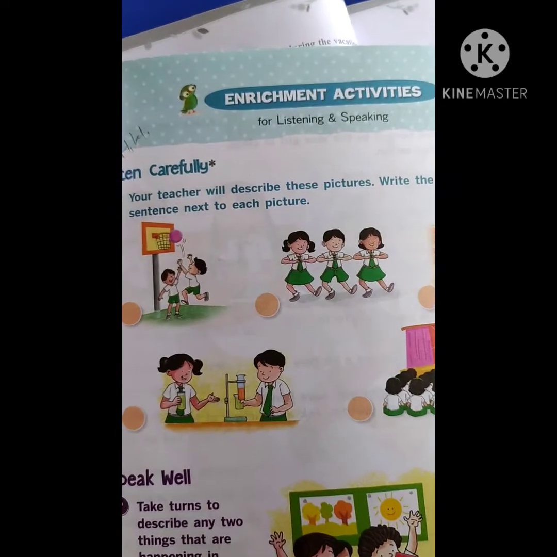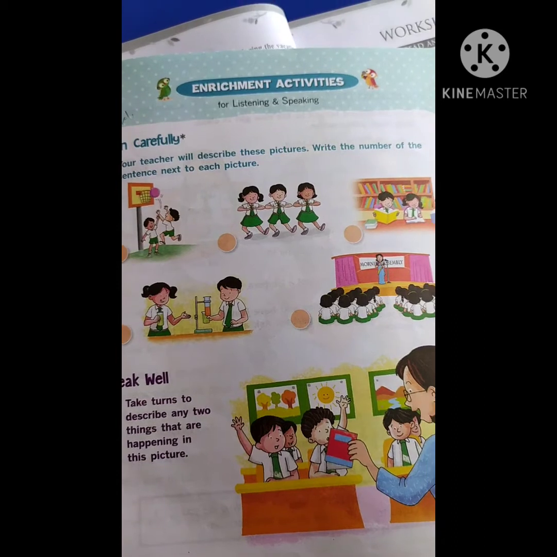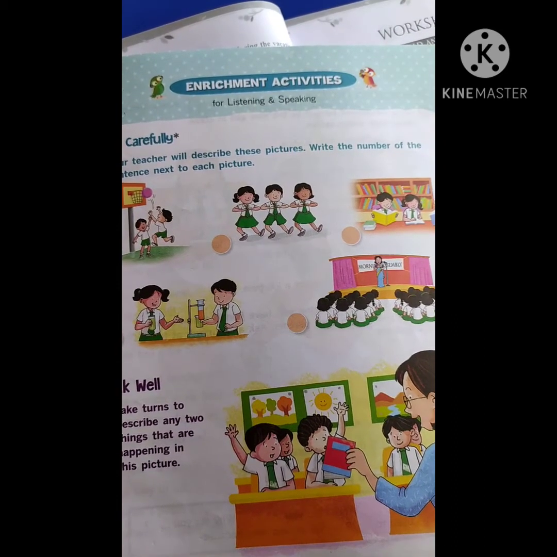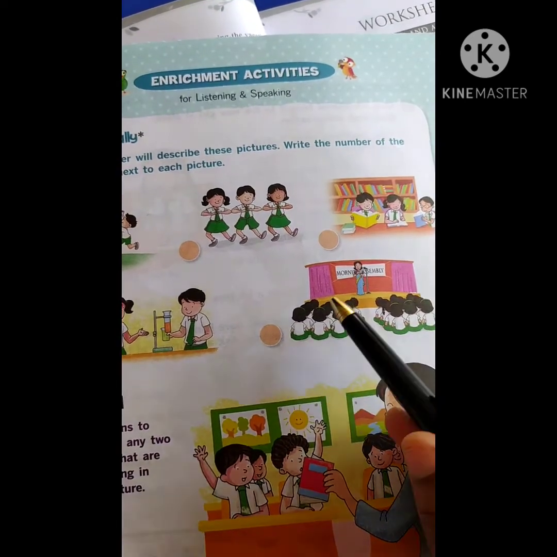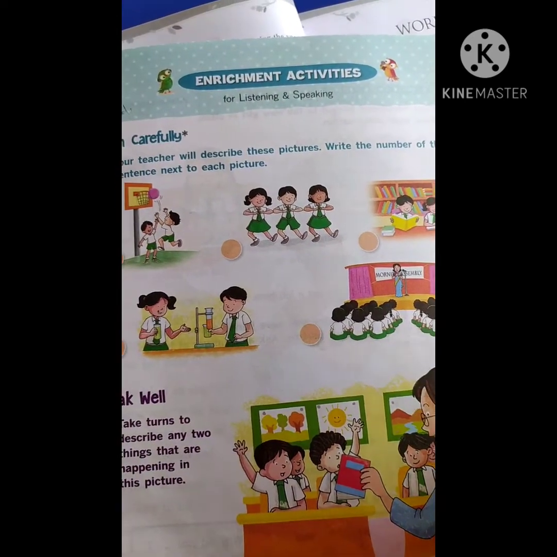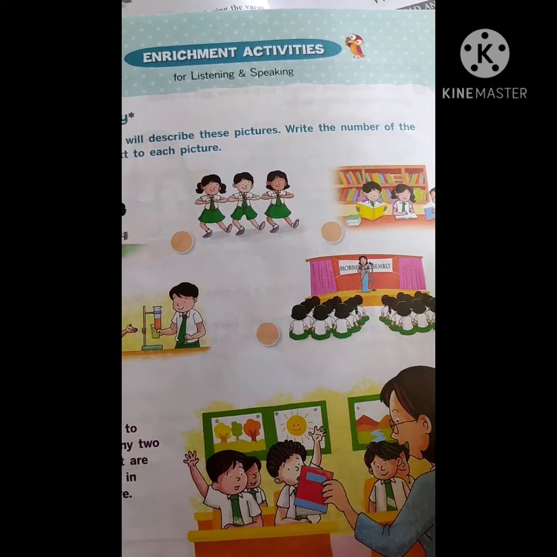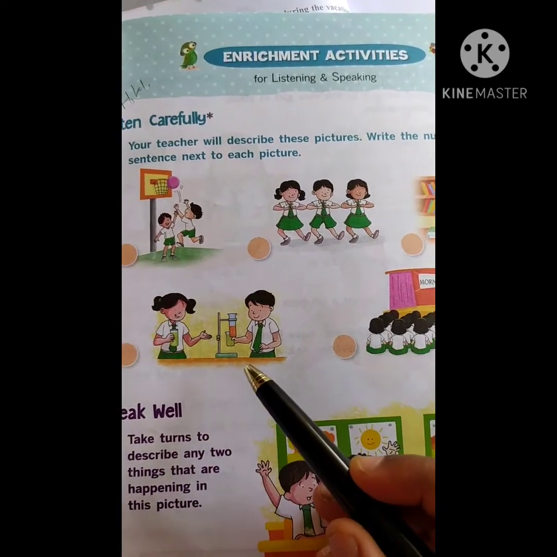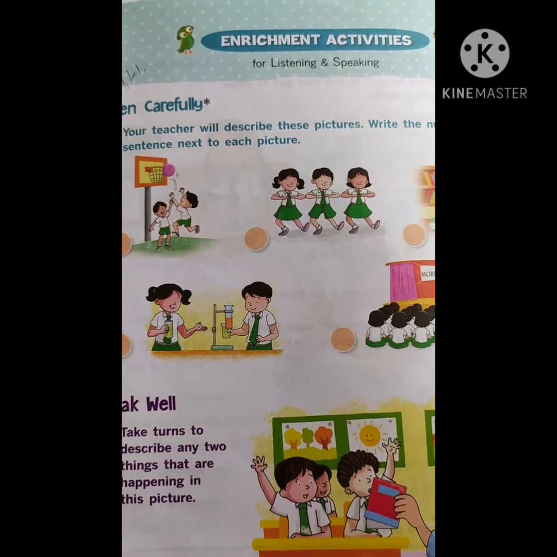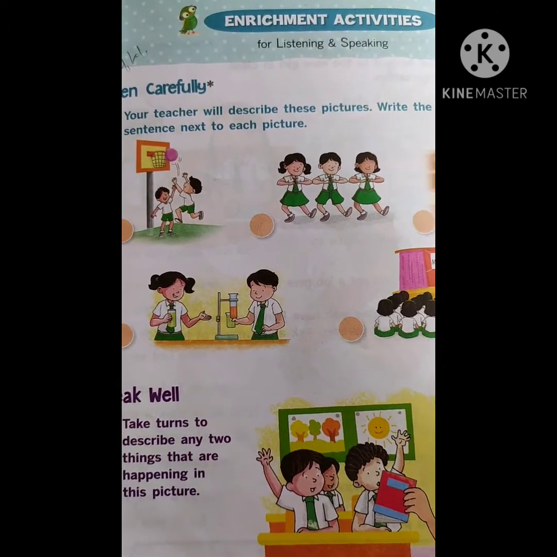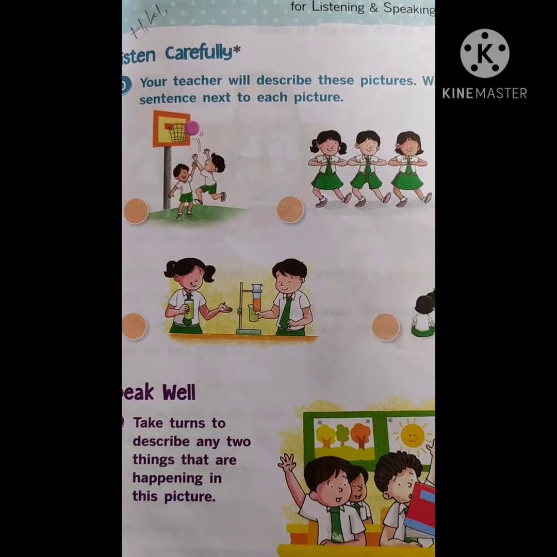Okay, so here I will tell you what things are going on in the school. Okay, the first period is about the prayer. First, number one is the morning assembly, then you will go for dance class, then you will go to the library, then you will go to the lab, okay, the science lab, and then last you will go for play. Okay, that is for sports. So you just pause the video and then you can give the numbers to them.